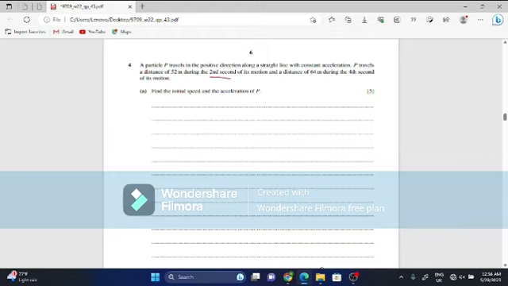This is the first scenario and this is the second scenario. So after doing the calculation, I will subtract both of them to find my acceleration, and then using the acceleration, I am able to get my velocity, right? So let's start. Distance for the second second of time, right? So it would be s2 minus s1,